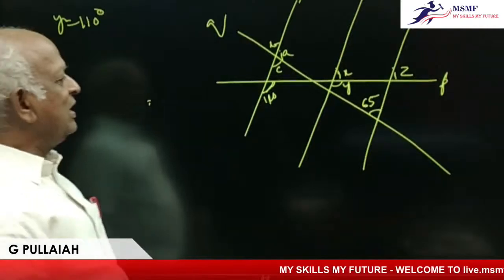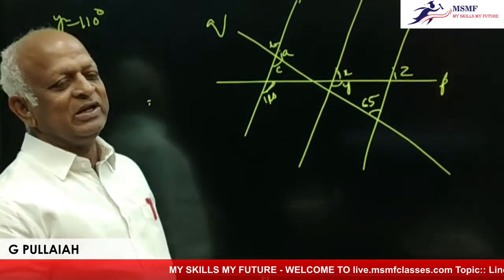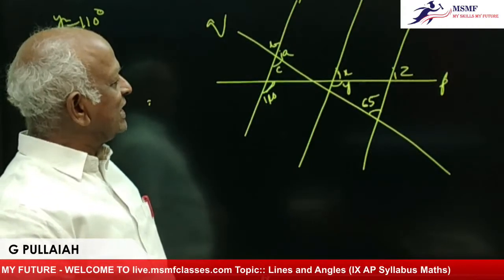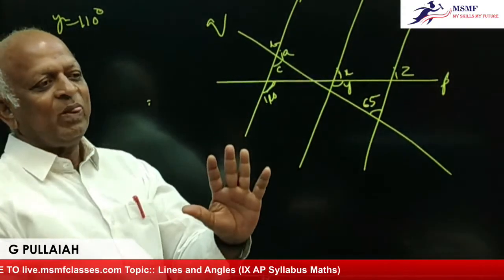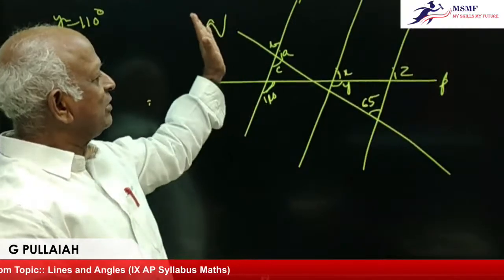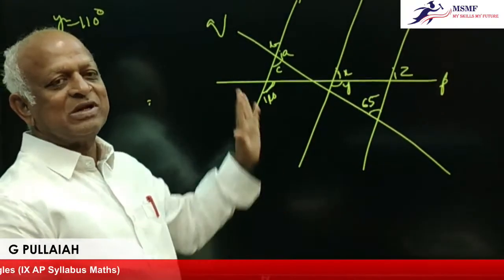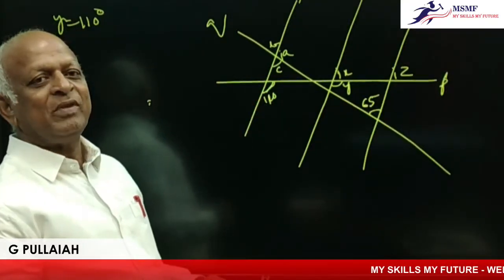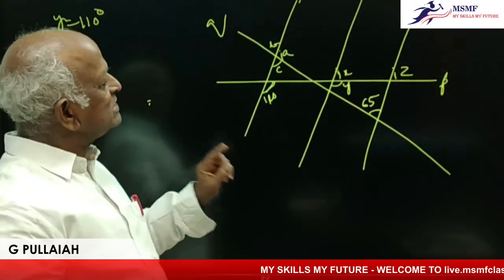Observe very carefully. Y is equal to 110 degrees. Understand? If you take Y is equal to 110 degrees, what am I telling? Let us for some time forget about Q. Let us think about P only. So now, if P is the transversal,